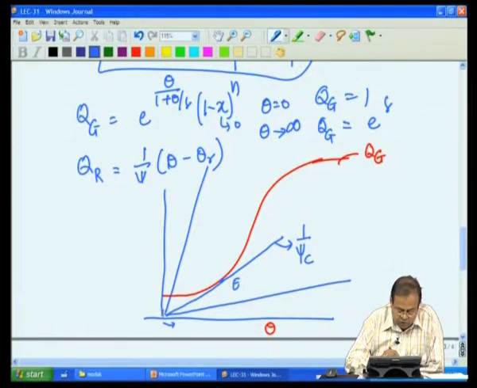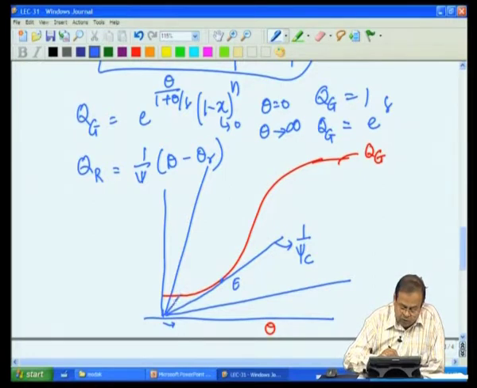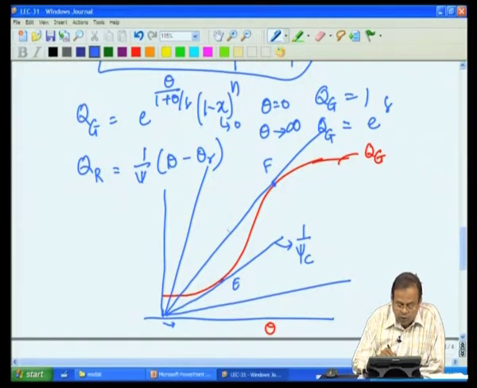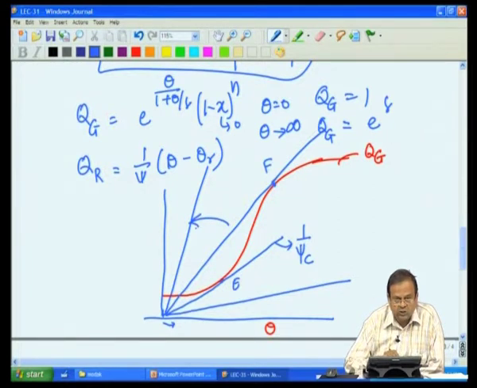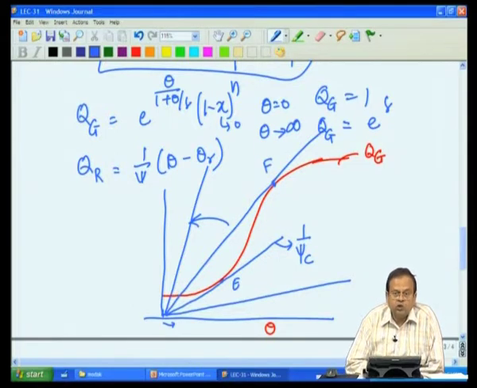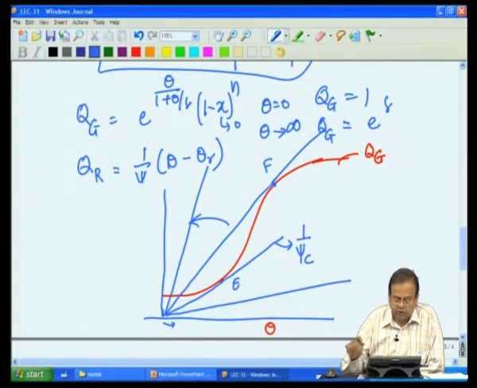That is, if this heat removal line is a tangent to the heat generation line at point E. Similarly, I could have another tangent at point F. I know if my curves are on this side, I have a safe operation. So, in short, we can now find out the range of operations for which my operation will be a runaway reaction, or a safe operation, or maybe runaway, maybe a safe operation.